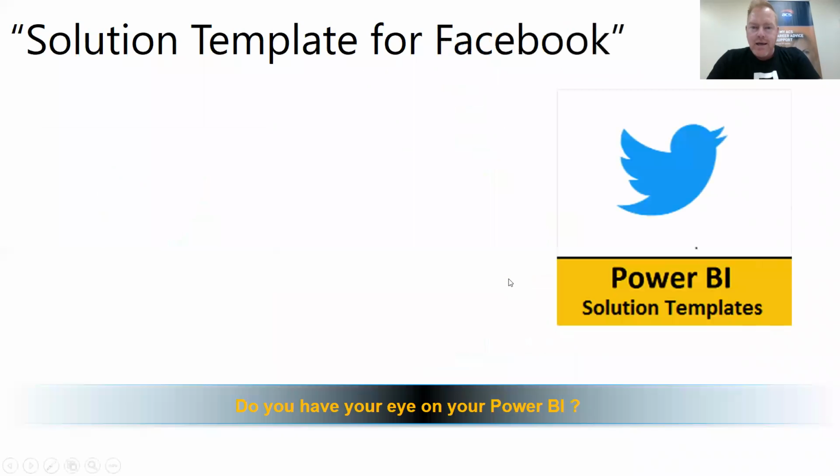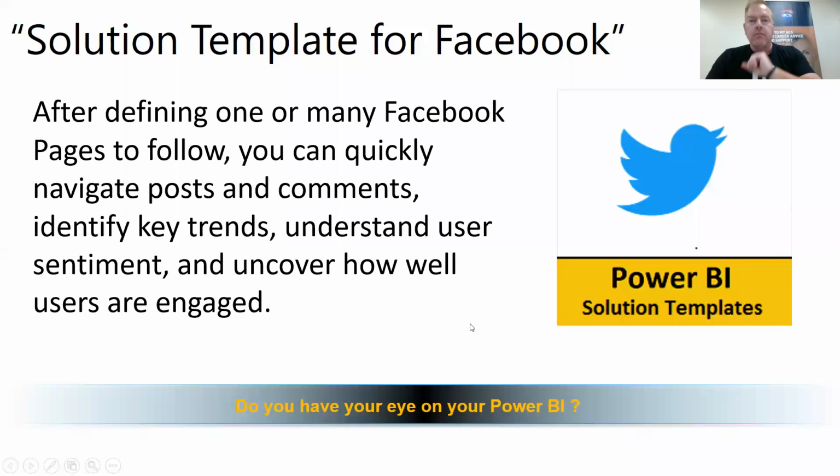I mentioned the Twitter template; the template for Facebook is available as well, but you can also build your own solution template. So if you want to build one for, say, Instagram or Flickr, you just need to follow their rules. For Instagram, you need to have an Instagram business account first, and then you need to follow the rules in their API reference. Flickr has their own API reference as well.